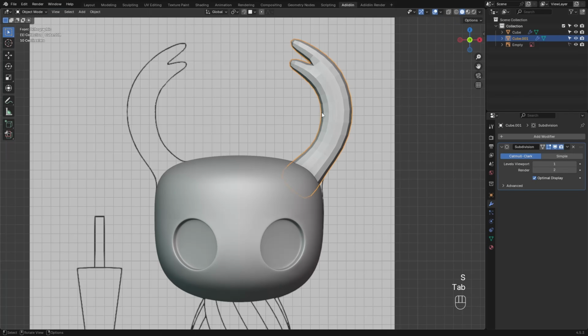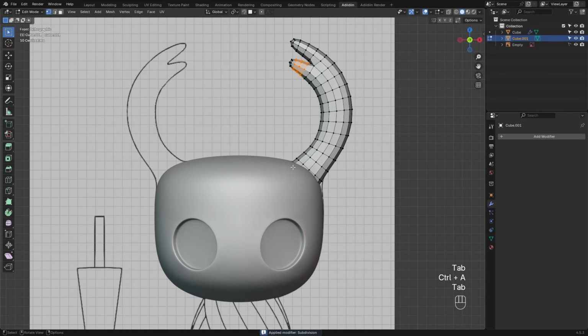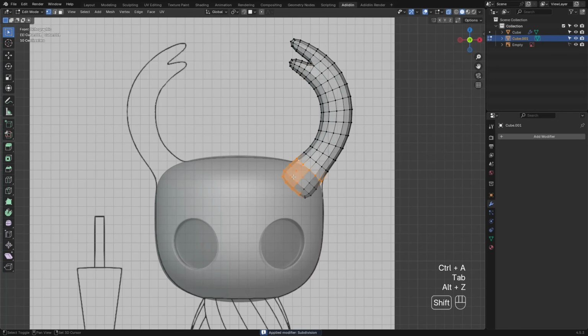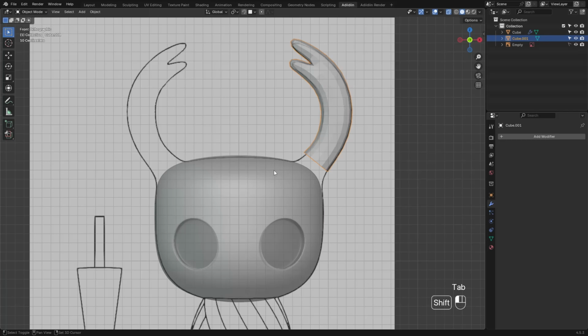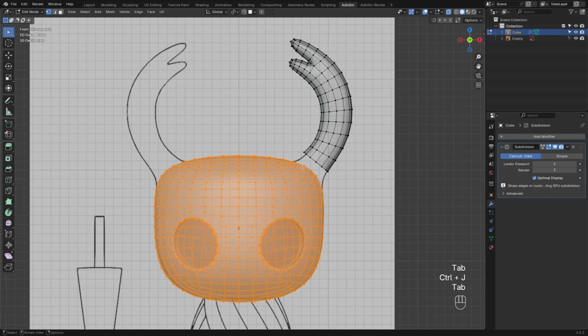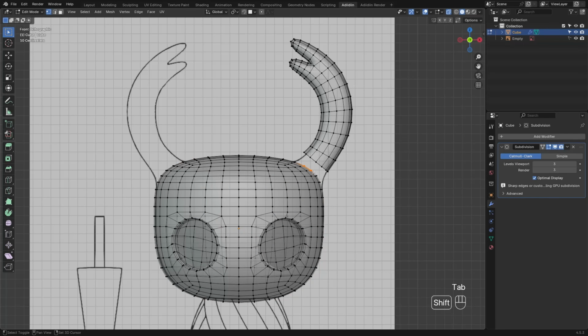Then apply the subdiv modifier. Select these verts and delete. Join the horn and the head into one mesh with Ctrl J. Select these verts,